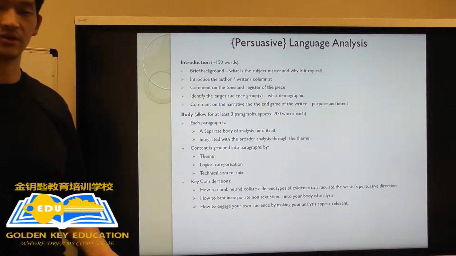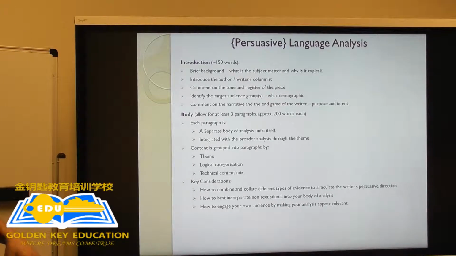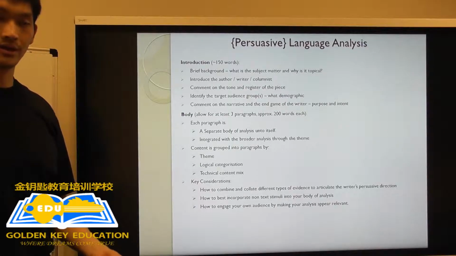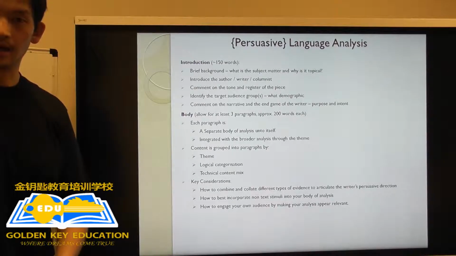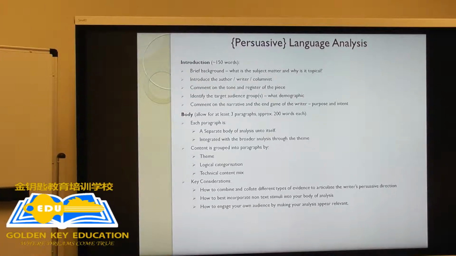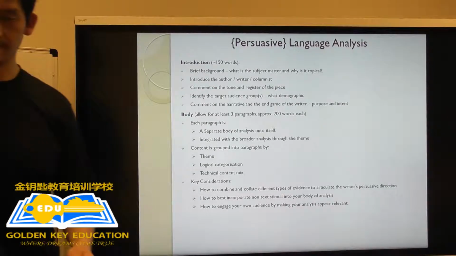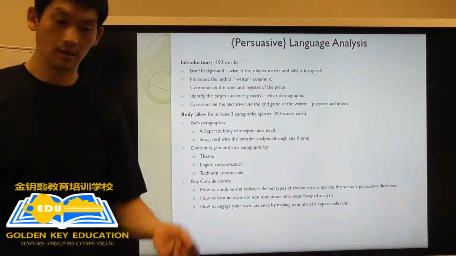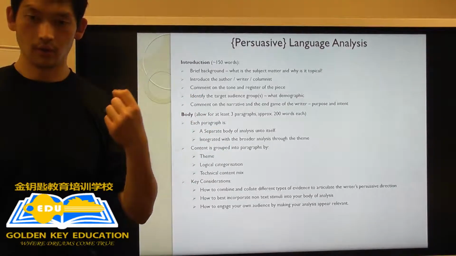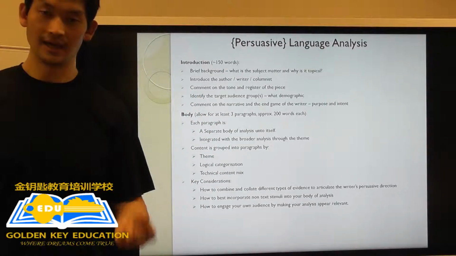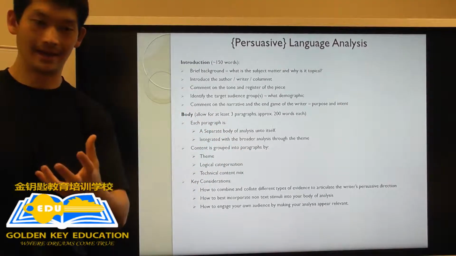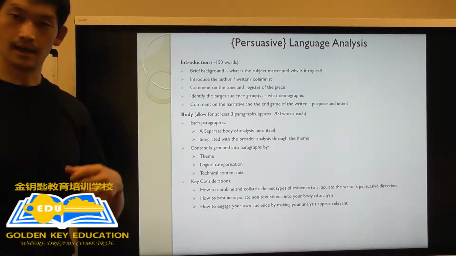persuasive pieces can be so diverse. But you may decide to group content according to theme. You can undergo logical categorization where organically certain types of content go well together versus other types of content. Or you can go for technical content mix, whereby in one particular paragraph, following a single theme, you might decide to incorporate both audio, visual, and textual evidence. And so therefore you have bits and pieces from each domain that all follow the same theme, covered and discussed